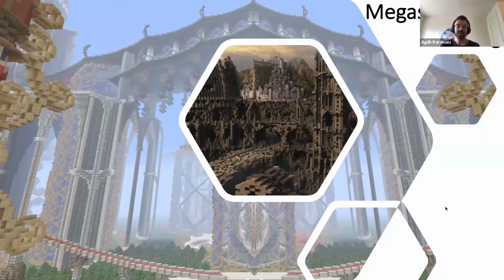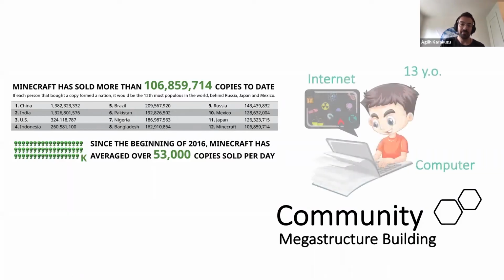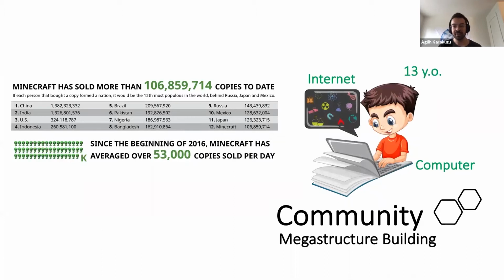And this particular design renders megastructure building as one of the coolest tasks in the game. Players take their time to build these fascinating detailed structures from these meter-long cubes of different colors. It's really fascinating, and they have a large community. They have nearly around 200 million players today. But the average profile is a 13 to 15 year old with a computer and an internet connection, nothing but it.